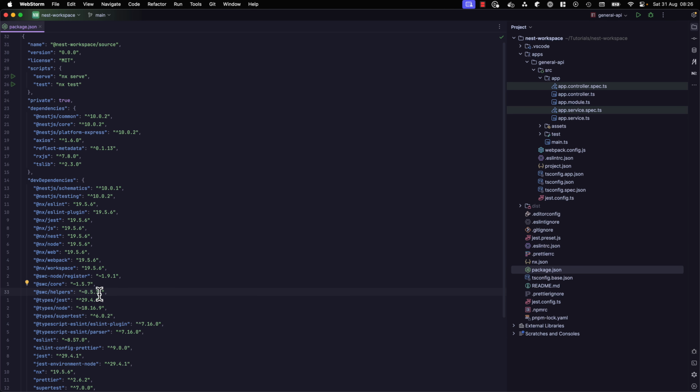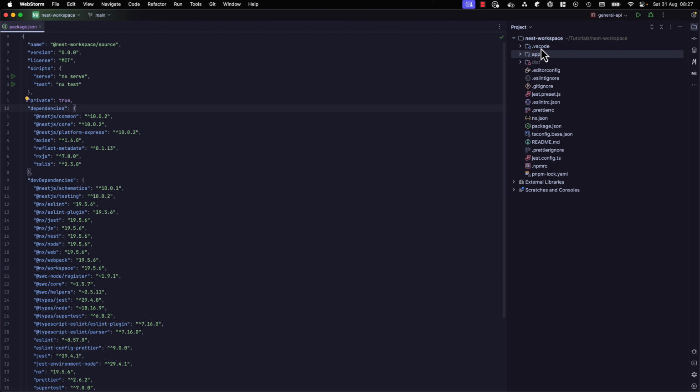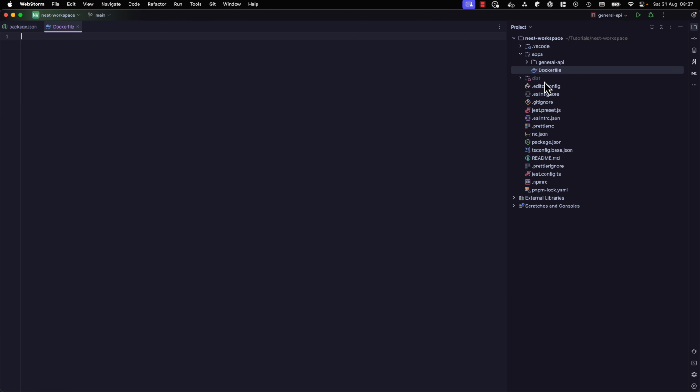So let's get started. The first thing I'm going to do is create a Dockerfile. Because we're working within the NX workspace, I'm just going to put that at the top level. Dockerfile, cool. Oh, I'm going to move that. So what we want to do is first set up the base image that we're going to be using. So we want